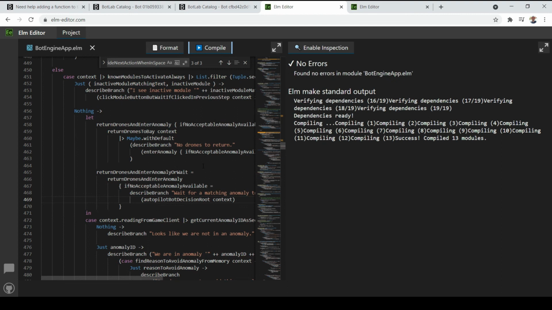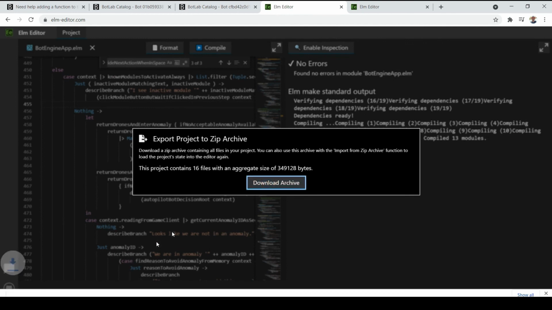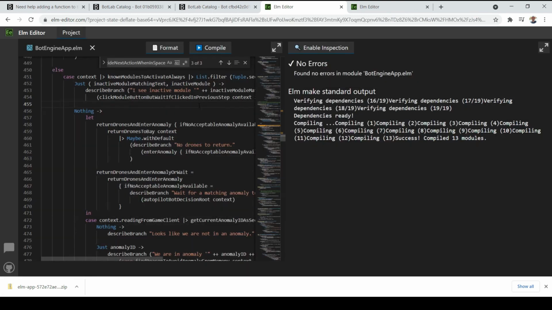It's now in a state that you can actually run the bot. I guess we'll have some kind of button here to start the bot directly from the editor. For now, you can export to a zip archive, and when you've downloaded that archive, you can just point the BotLab client to this archive to run the bot. That works as well. I'm also gonna add a link to this state here to the forum thread, so you can also follow this link to get to this new bot directly.